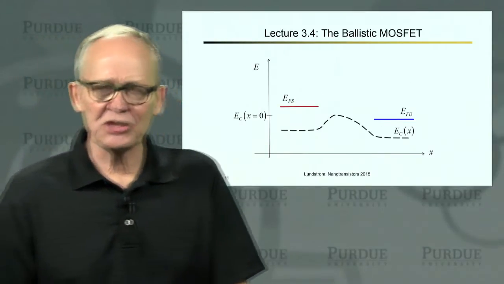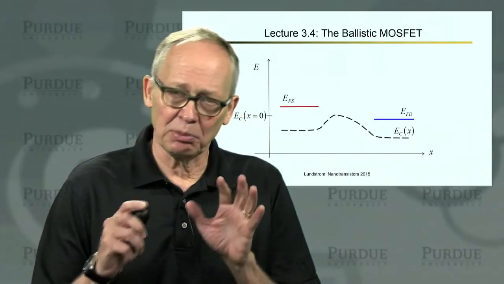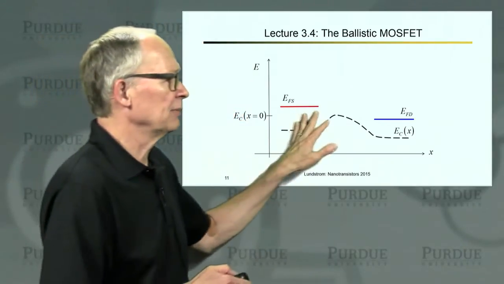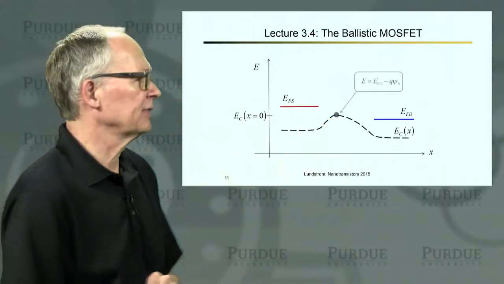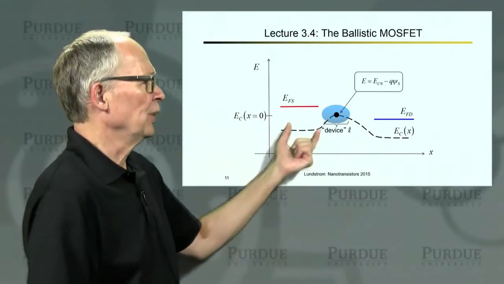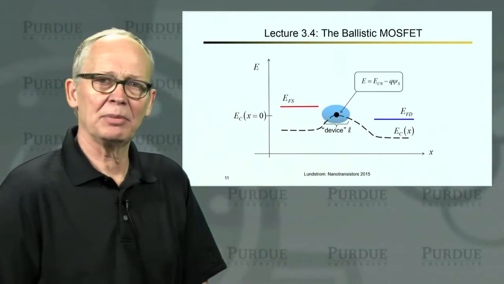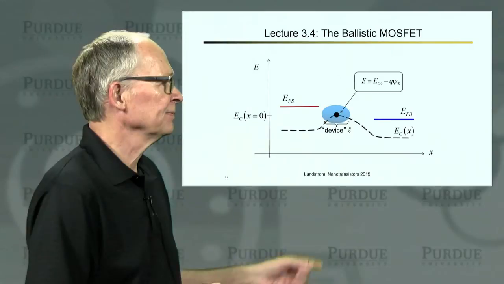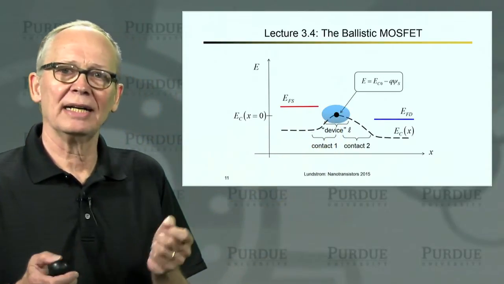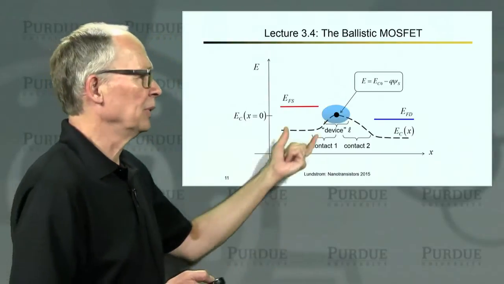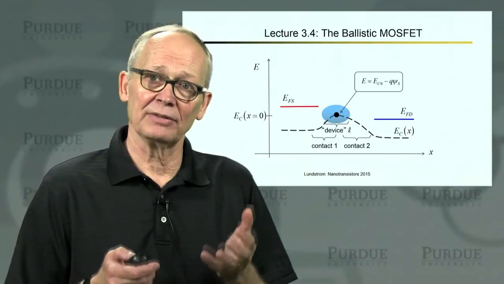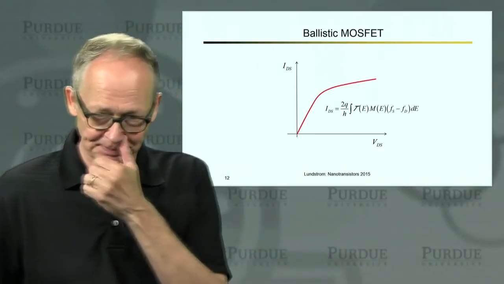Okay, then we switched in lecture 4 and we tried to apply this Landauer approach to the ballistic MOSFET. We talked a little bit about how we think about the ballistic MOSFET as a nano device. We focus on the top of the barrier. We think about that small region near the top of the barrier. This is our nano device. The region to the left and the region to the right, these are our two contacts to the nano device, and we put our focus on the top of the barrier. And we treat it as a nano device using the Landauer approach.